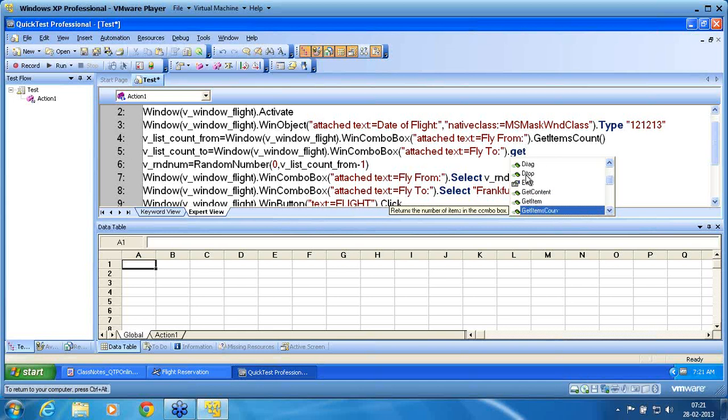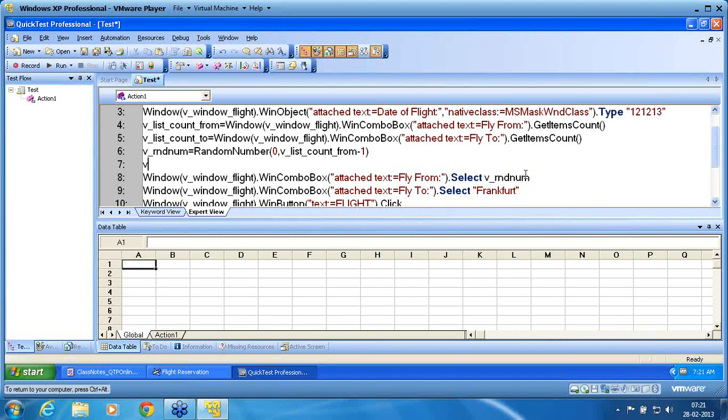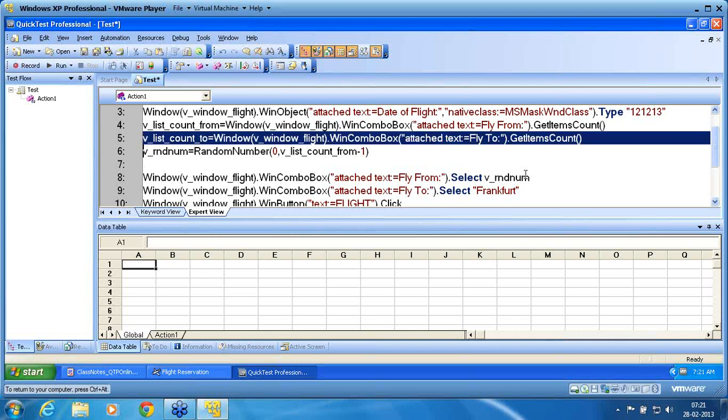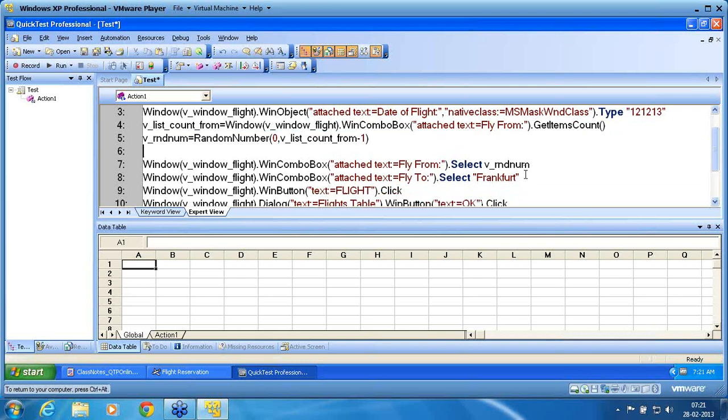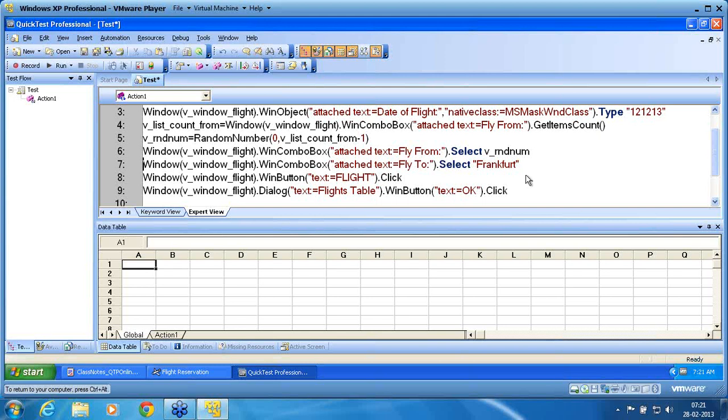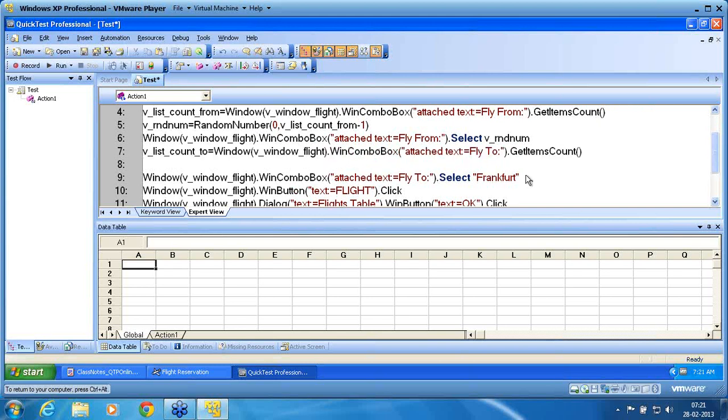Get items count from 2, pass it on to the variable 2. Randomly choose from that count. After the selection I need to do it, I should not do it before selection. I need to do it after selection of from, because after selection only do I know the exact count. Now I choose it to